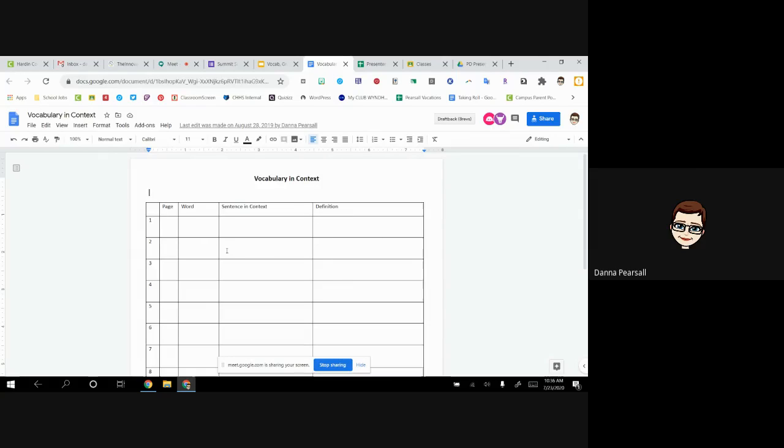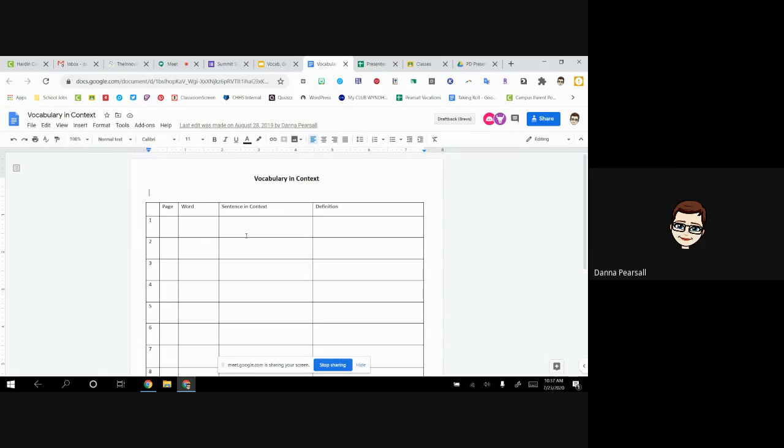And as they come across words that they don't know, I ask them to write them down. So they have to put the page number, if that's relevant. If it's an online text, maybe the paragraph number or the chapter or something like that. The word, and then the sentence where they found it, because that's the most important part, the sentence and context,